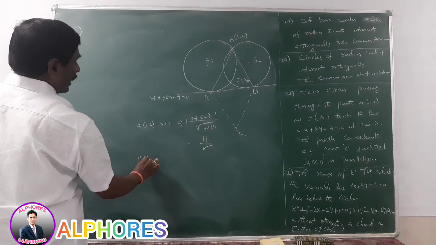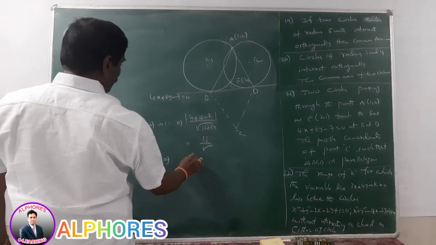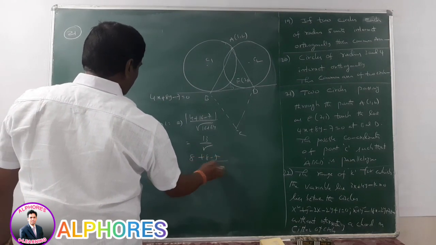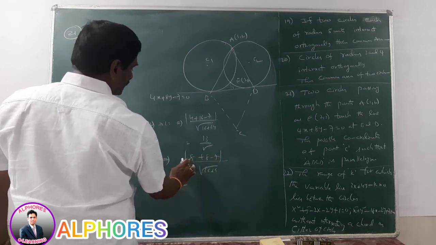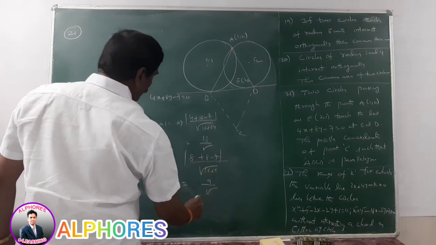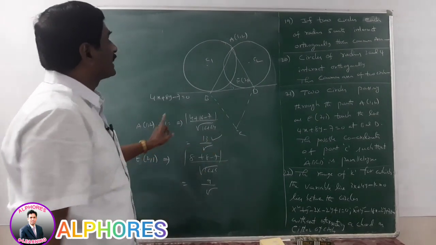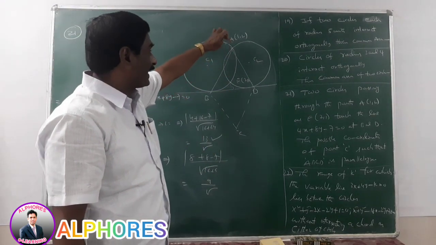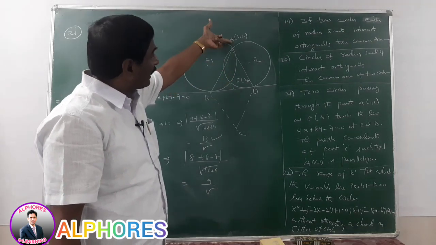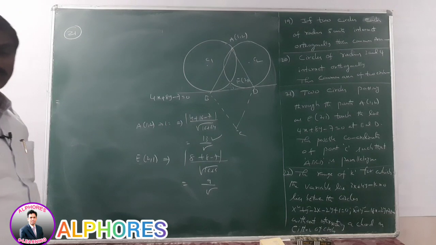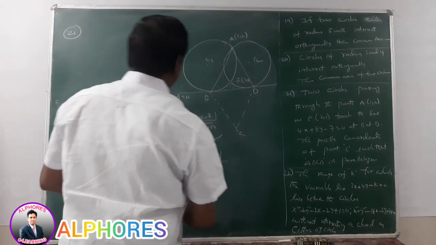Suppose the point 2 comma 1, the perpendicular distance from E 2 comma 1 to this line: 8 plus 8 minus 7 by root over 16 plus 64. What is this value? 16 minus 7 means 9 by this value. Which is more? 13 by the same value or 9 by the same value? 13 is more. So A is at the farthest distance from this line. So A, it is correct. E is correct. Suppose the distances are opposite, E is here, A is here. Please observe that point. Our diagram is correct: A 1 comma 2, E 2 comma 1.